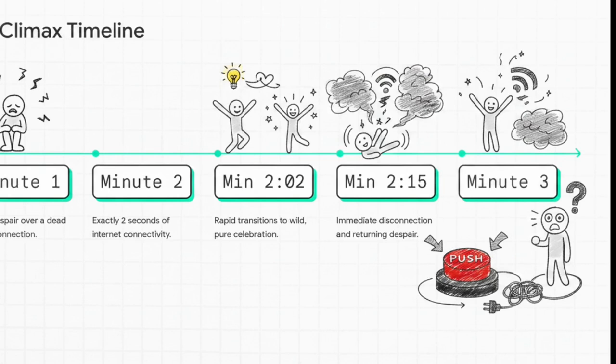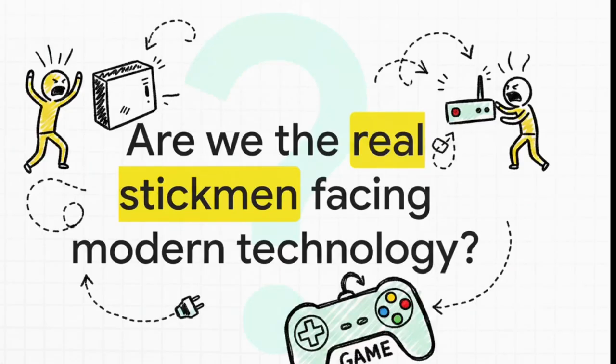Finally, at minute 3, we get the ultimate punchline reveal. The camera pans and he realizes it was unplugged the whole time. He literally yells, "I spent 3 hours fixing Wi-Fi and it wasn't even plugged in." Boom, that's the button. You know, we sit back and laugh at a 2D Stickman screaming and physically shaking a plastic box,